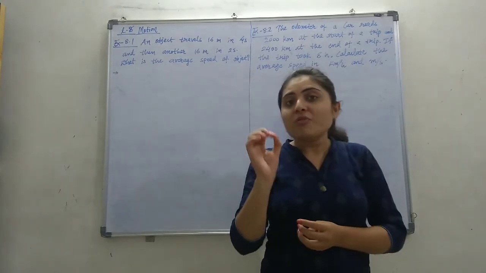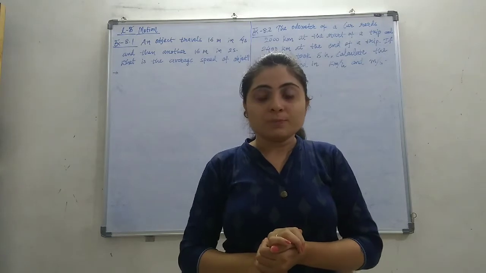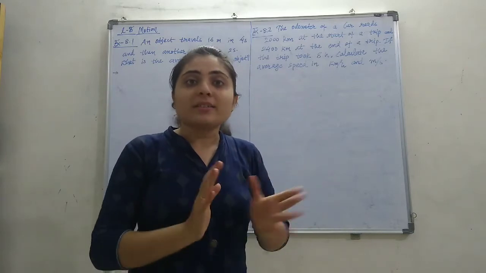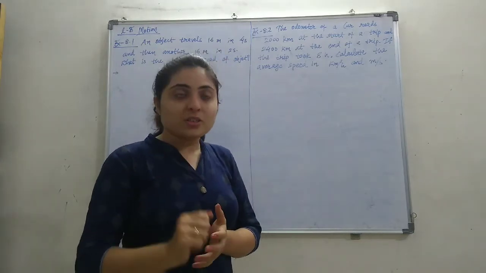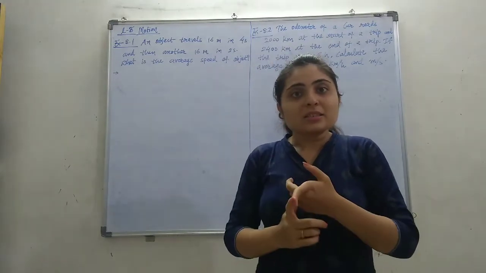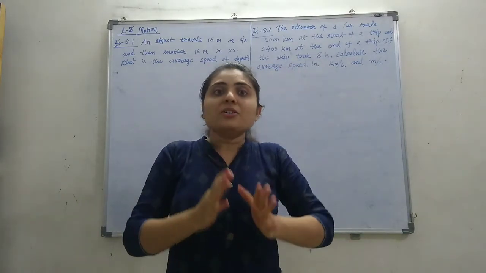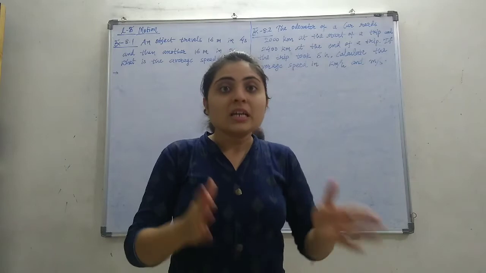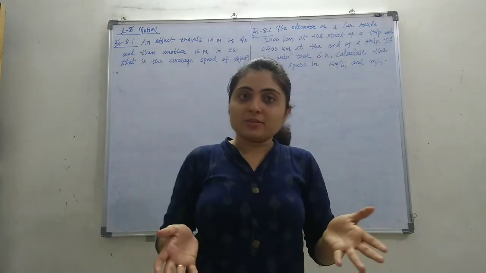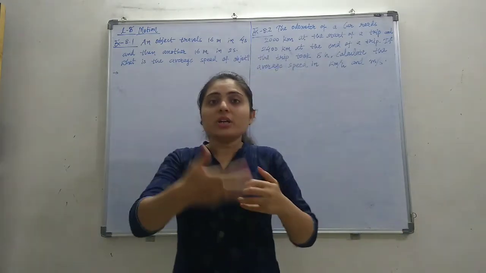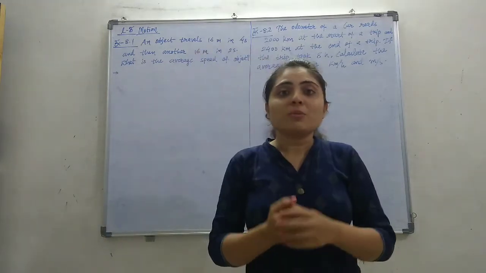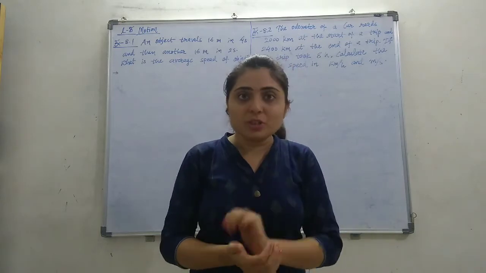We need to be very careful about the units of the quantity, and generally the quantities are always written in the standard unit, that is SI units. I already told you about the standard units of the quantities. The standard unit of distance is meter, of time is second, of mass is kilogram, of speed is meter per second, etc. As new quantities come, I'll inform you about the standard units of that particular quantity.